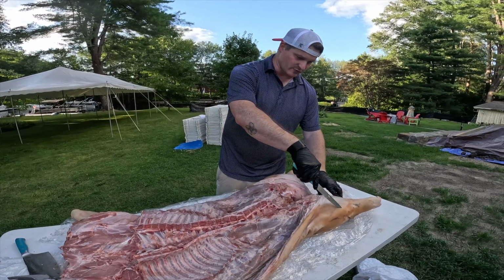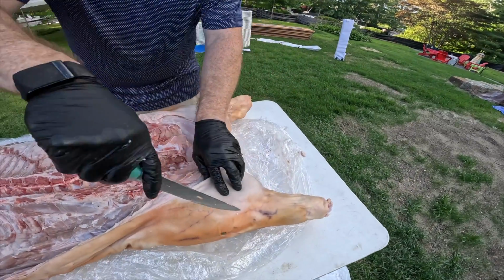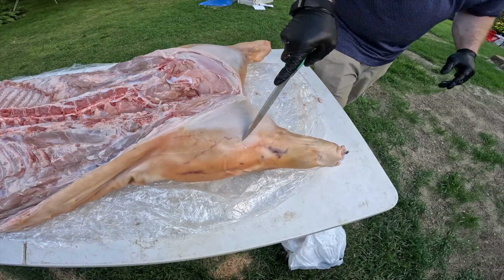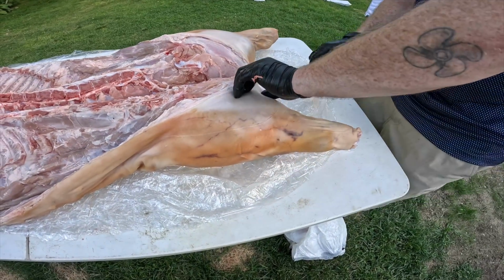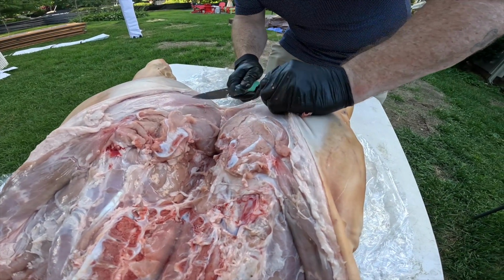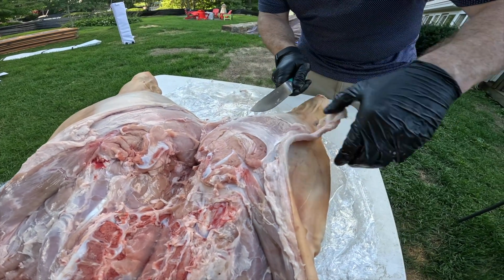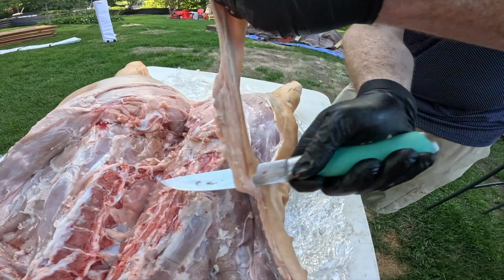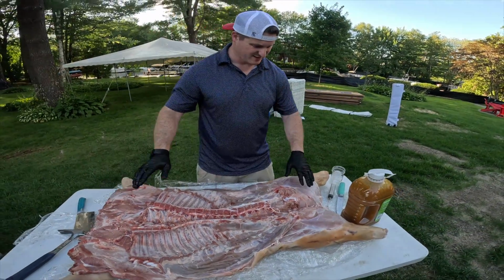So what I'm going to do is remove some skin from the top so that we can get more dry rub on here. And I'm just going to create a line. Helps me track, and you want about that much. And I'll just take that off. All right, so with all that cleaned up and the ham and shoulders exposed, it's time to